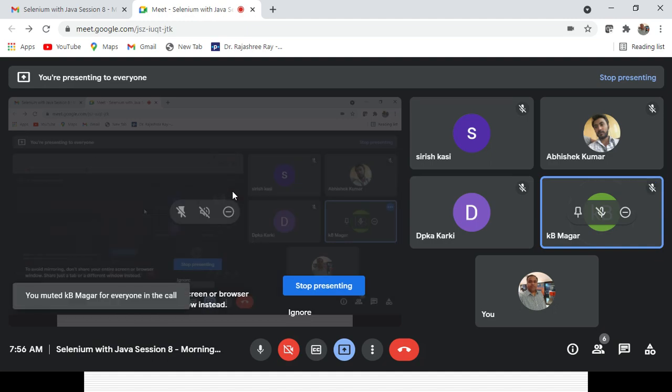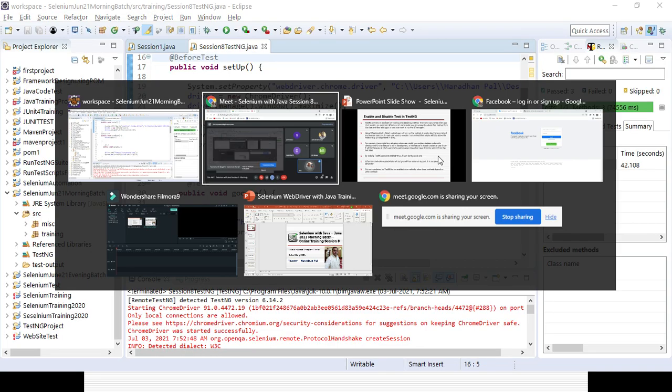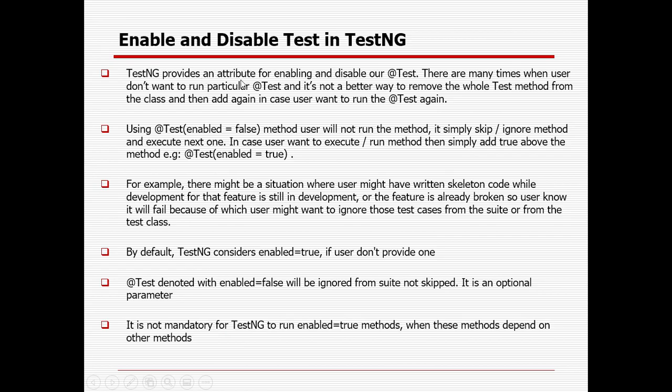Okay, so there is some syntax available in the TestNG framework. You can see TestNG provides an attribute for enabling and disabling our @Test. There are many times when the user does not want to run a particular test case, and it's not a better way to remove the whole test method from the class and then add it again in case the user wants to run that test again.